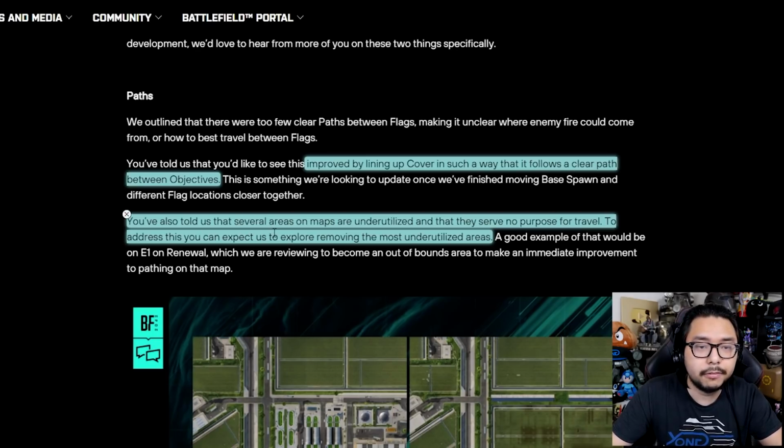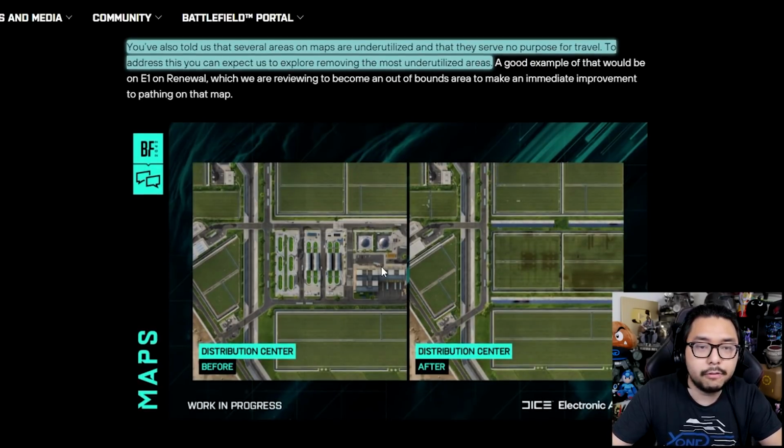You've also told us that several areas on maps are underutilized and that they serve no purpose for travel. To address this, you can expect us to explore removing the most underutilized areas. So the distribution center here, for example, you can see all this stuff has been removed because many felt it just served no purpose. There's all this cover and all this stuff happening here, but it's just kind of useless fodder that doesn't require much engagement when it comes to objectives and winning the game,